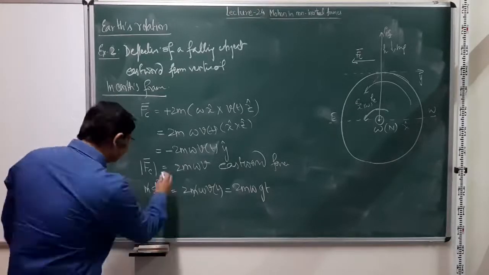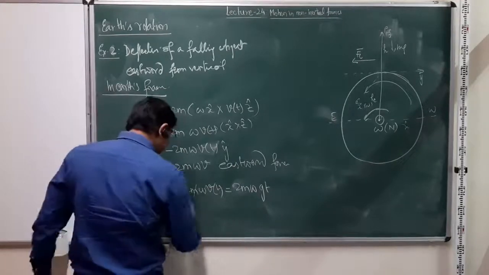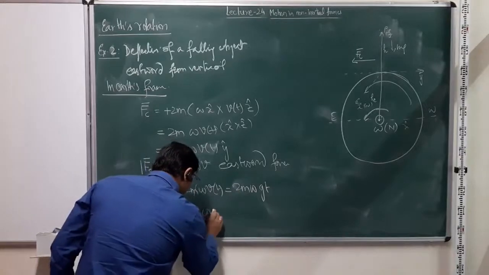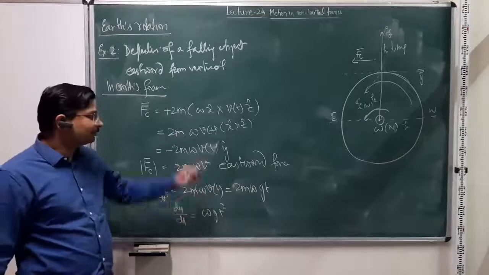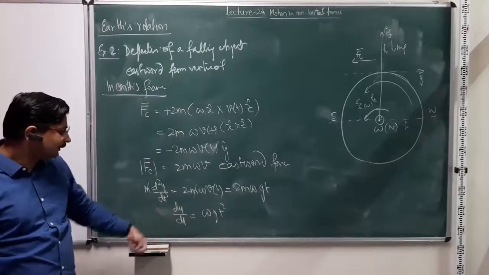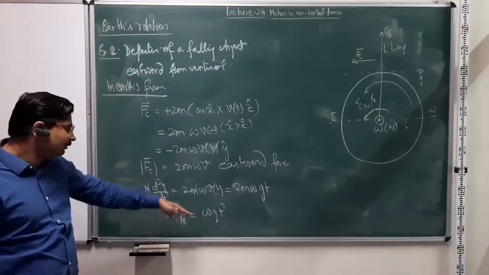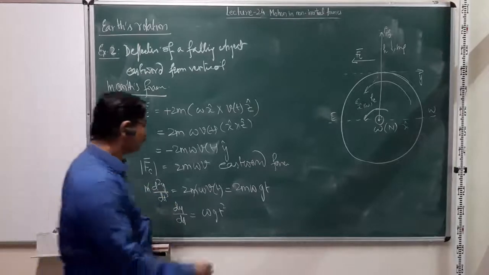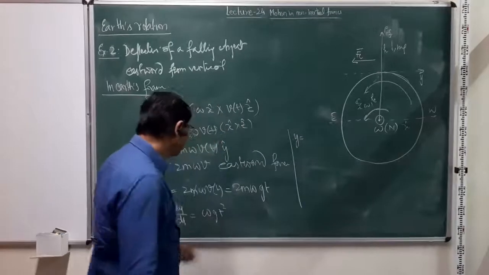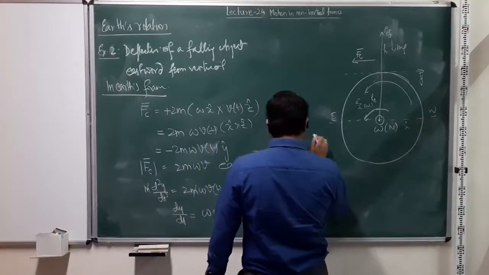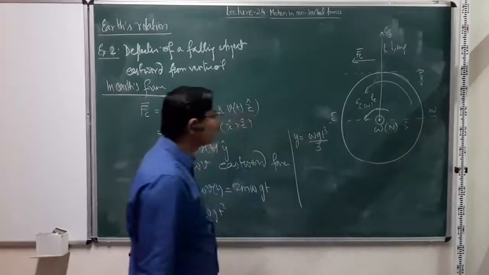So first we can solve for dy by dt, right? And that will give us omega g t square, right? You can solve this and then put in the limits. So to begin with, velocity is 0, final velocity is dy by dt. At t equal to 0, the particle is at rest with v equal to 0. At some other time, this will be the velocity. And now you can integrate again to get y, right? And now y will be basically omega g t cube by 3, right?